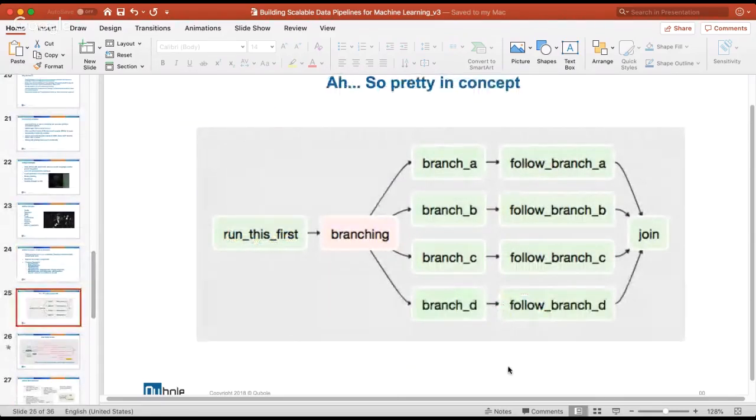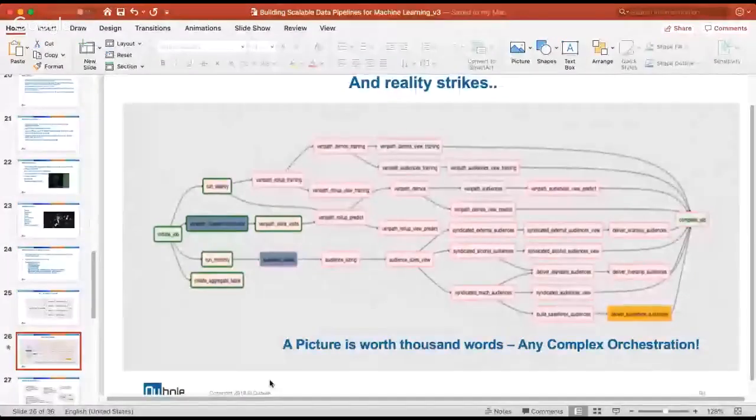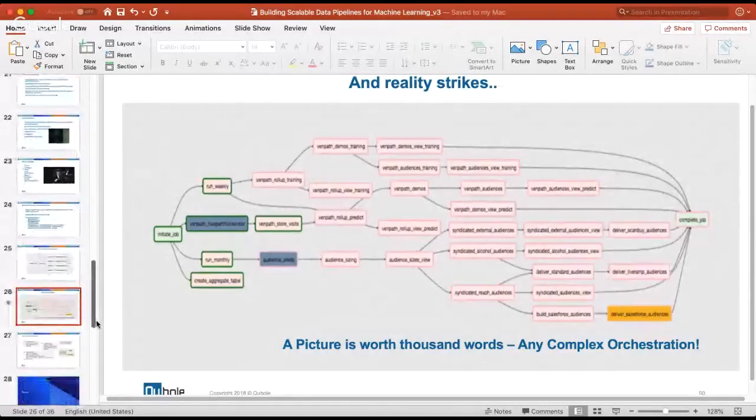Theoretically, a workflow can look as simple as this one. You start off a task, you branch out, then you run a few tasks in parallel, then you finish. However, in reality, your workflow is likely looking like this one. So how is such a complex workflow described in